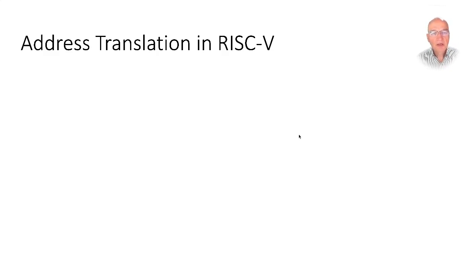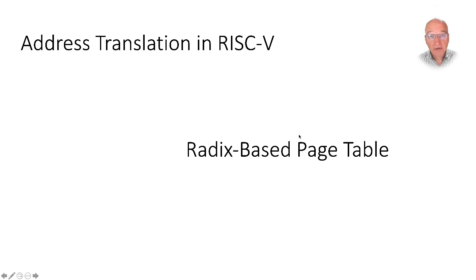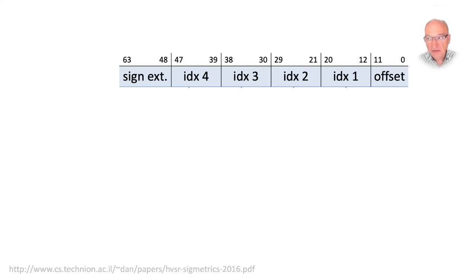So now that we have understood virtual memory, we can examine address translation in RISC-V. To understand address translation in RISC-V, first we need to understand a mechanism for address translation called the radix-based page table. So instead of showing you the RISC-V radix-based page table first, I found this interesting figure in this article, where the reference appears at the bottom of the screen, that hopefully is going to help us understand how